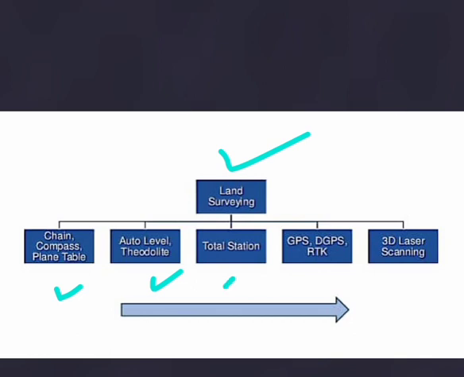And then you'll be having GPS, that is, as I said, a satellite-based navigation system, where determination of position and time is possible. And you'll be having DGPS, that is differential global positioning system, which gives you high range with very accurate, with accuracy of 1 to 3 centimeter. Then you'll be having RTK, that is real time kinematic positioning.